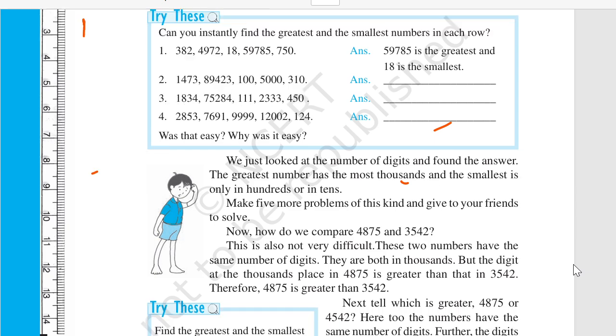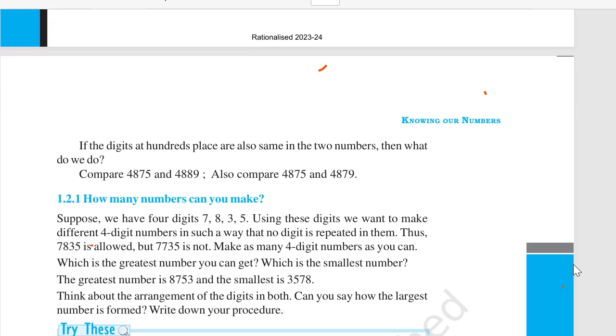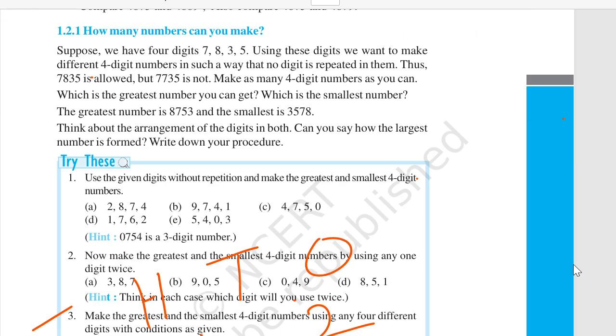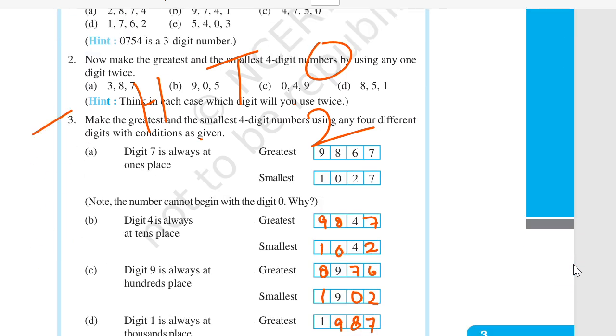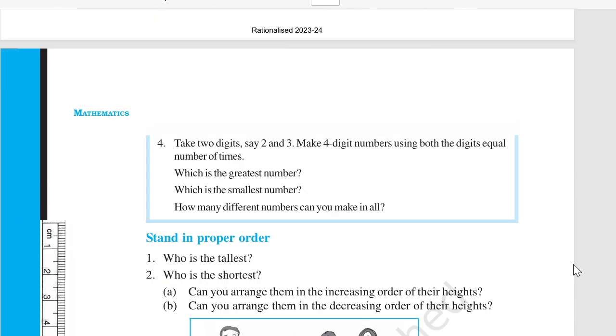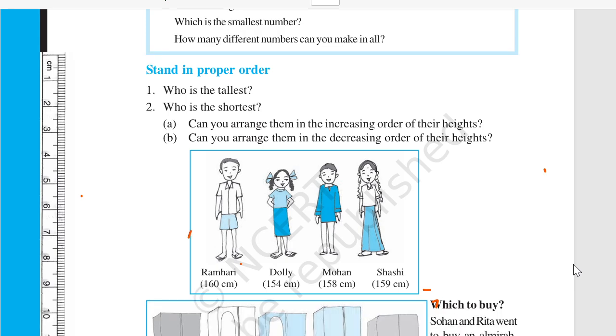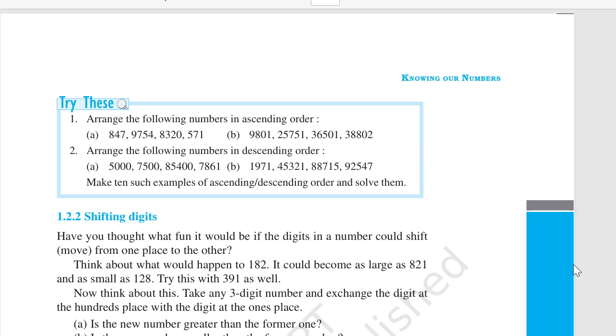So I have already taught you about ascending and descending order, how you can make 4-digit numbers using the 4 digits, and how you can make 4-digit numbers using the 3 digits, where you can repeat 1 digit twice. Okay, so now today I'm going to teach you about the